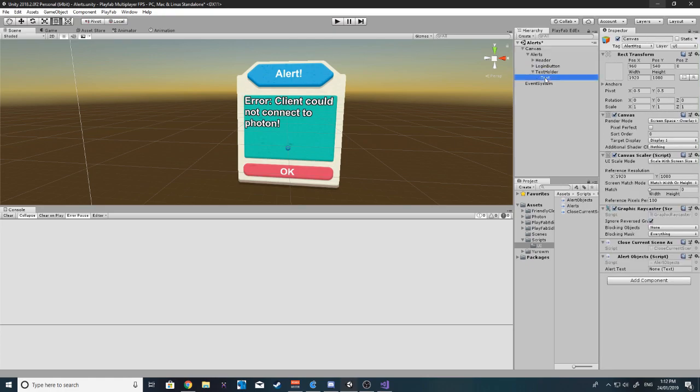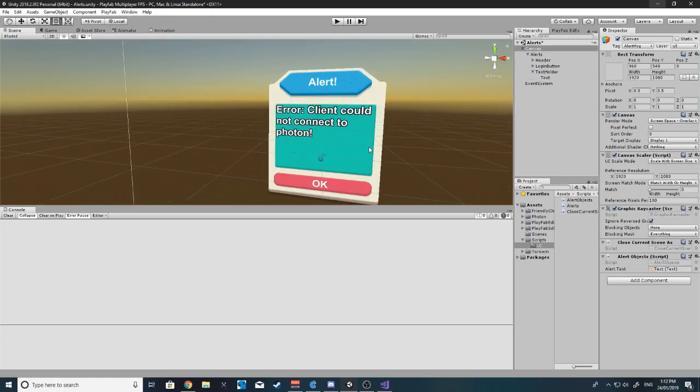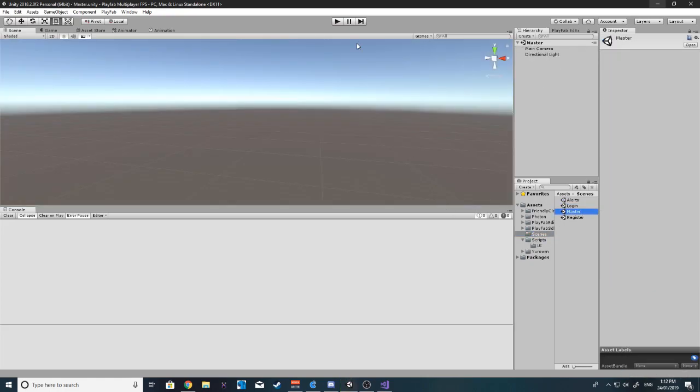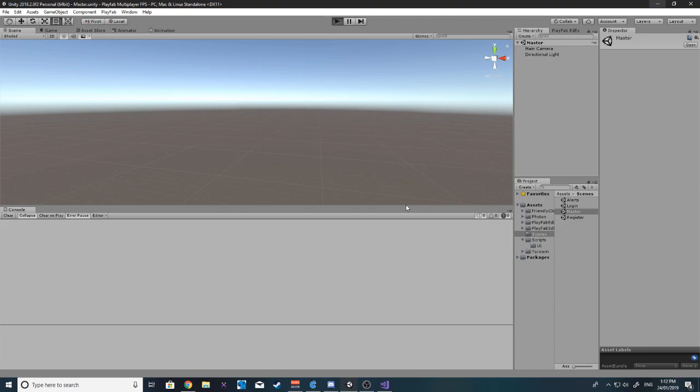Drag the text into there. Save the scene. Let's go back to our master scene, and hopefully that runs with no errors. And it's running with errors. Okay, so